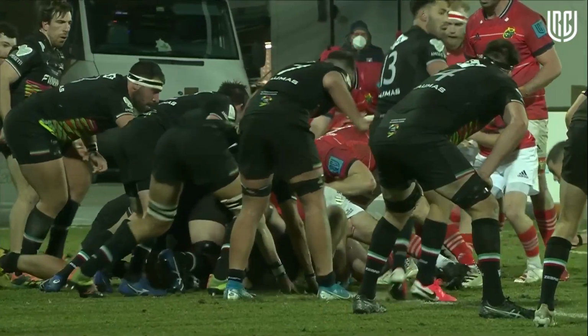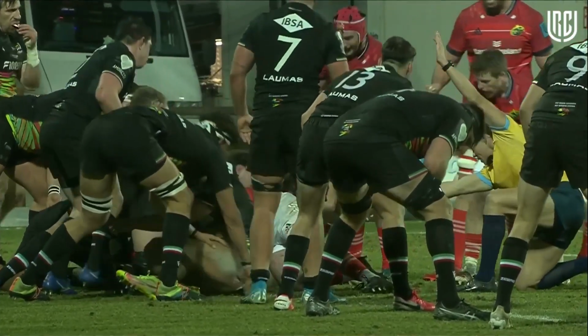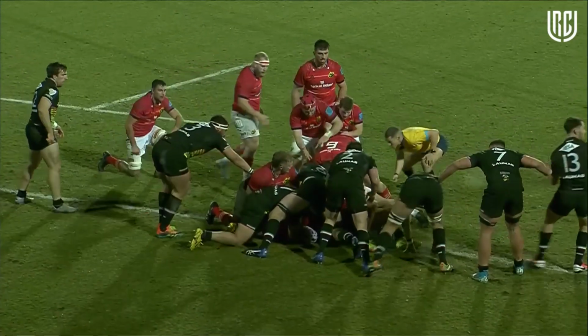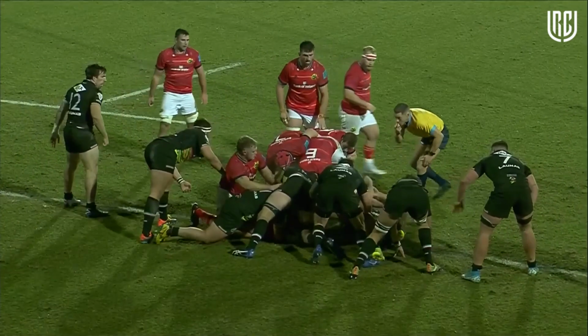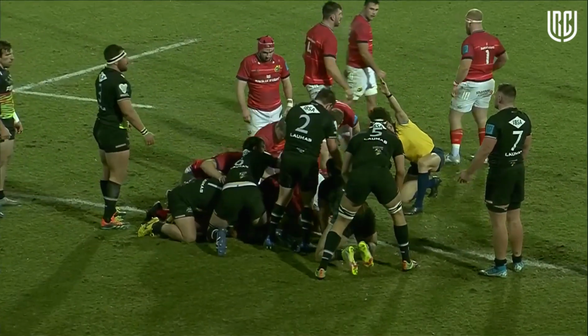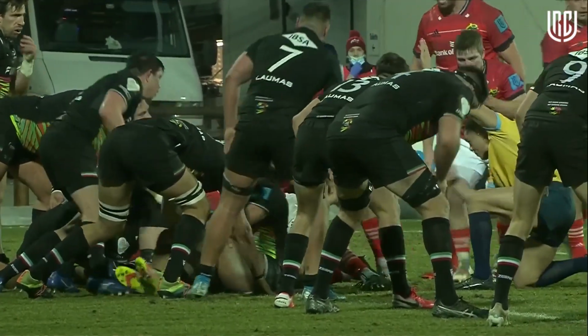The Zebre throw a second ago, but obviously it wasn't called, and Munster, when they get in close to your line, they're so good at that pick and go, and again, that penalty advantage there, so it was a free ball. If Wycherley had got held up, it wouldn't have been a goal line dropout, they would have had the penalty, so they're really just stamping their authority on the...